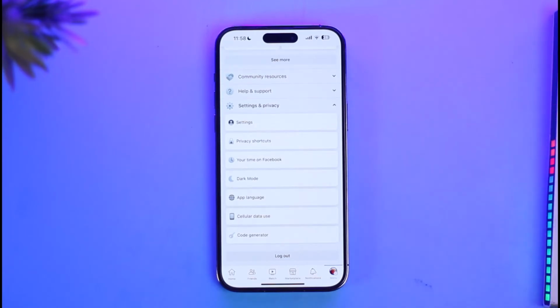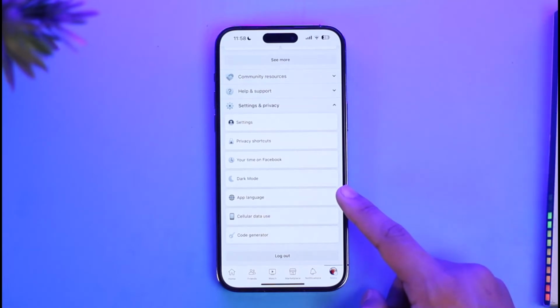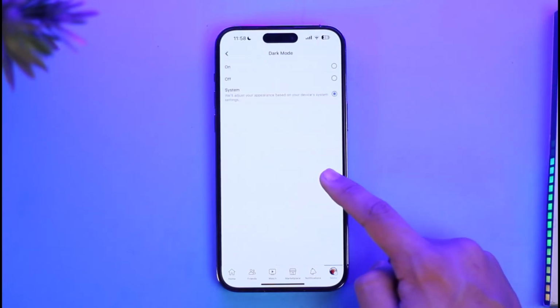this is not where the dark mode option is. The dark mode option is not inside of settings, but it is right in this drop down menu, because if you look at the bottom here, you can see the moon icon that says dark mode, and this is where the dark mode actually lies at, because you just want to tap on the dark mode option here,